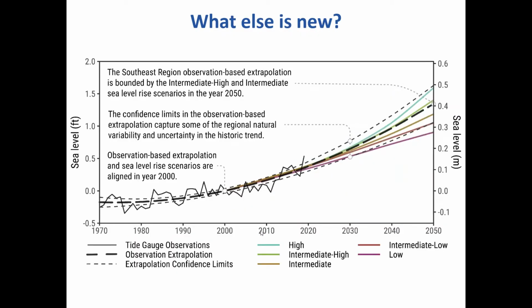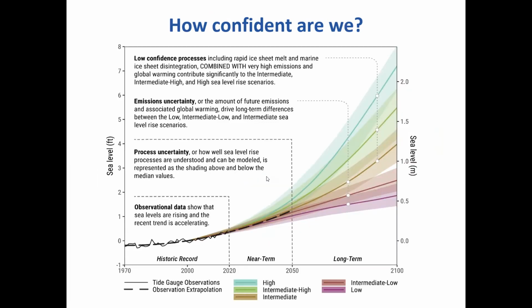This is an example of that. If we take the long-term record you see here, which is the jagged edges, because we know that sea level is variable, it's not going to follow this smooth curve over time. We can extrapolate, do a best fit to that, and go out to 2050 and see where the extrapolated curve versus these projections are, right in the middle. And this basically shows you that the farther out we get, the less confident we are.